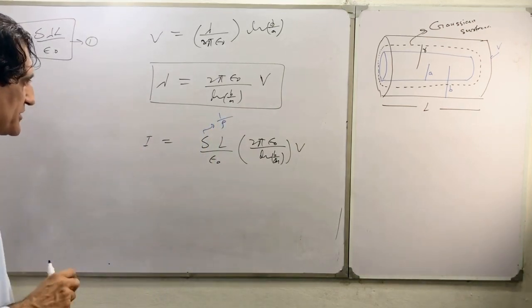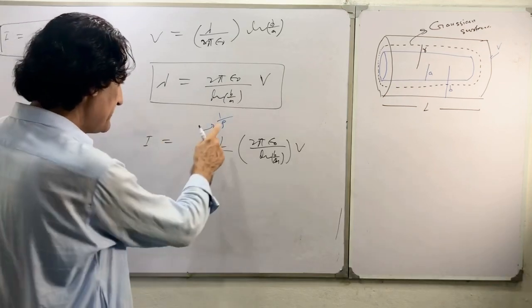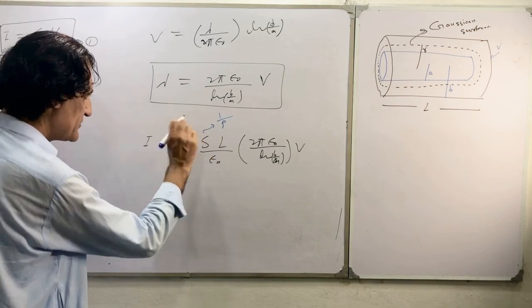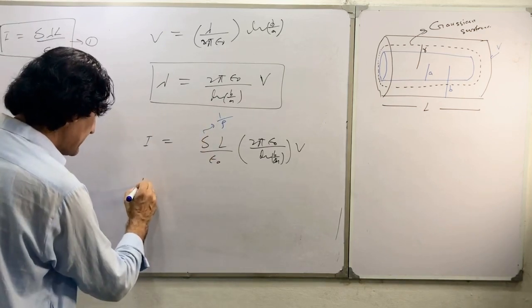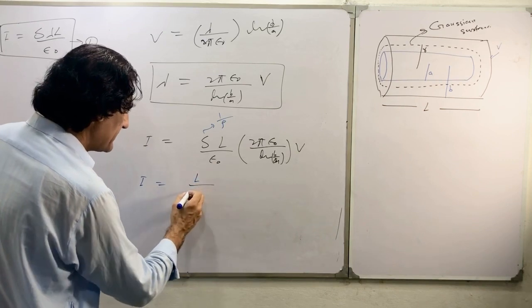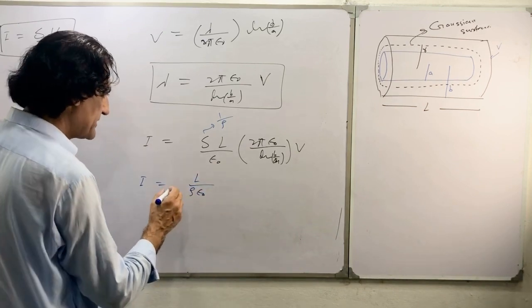So if we put in the resistivity and compare these values, I is equal to L divided by rho epsilon naught,